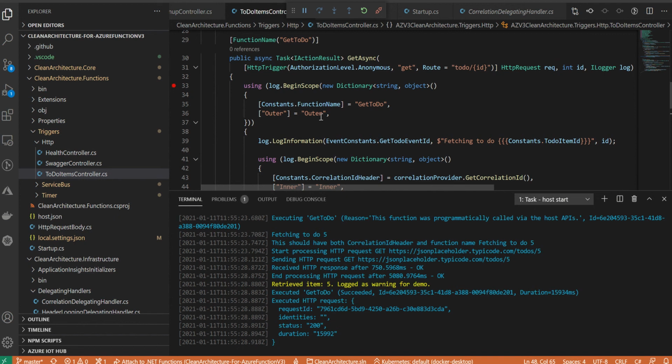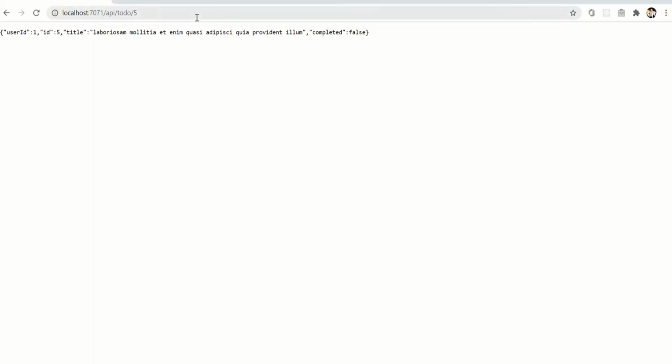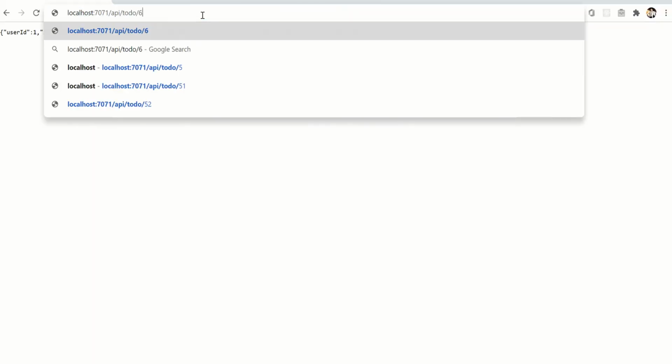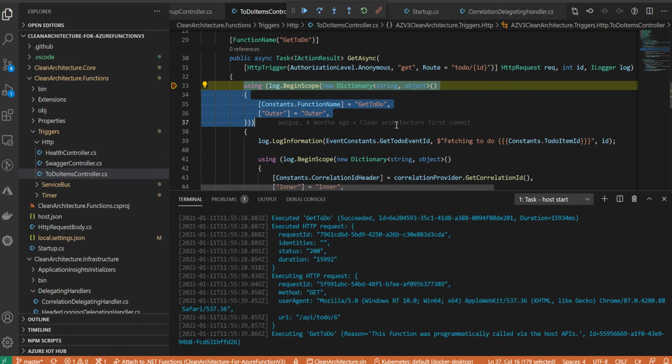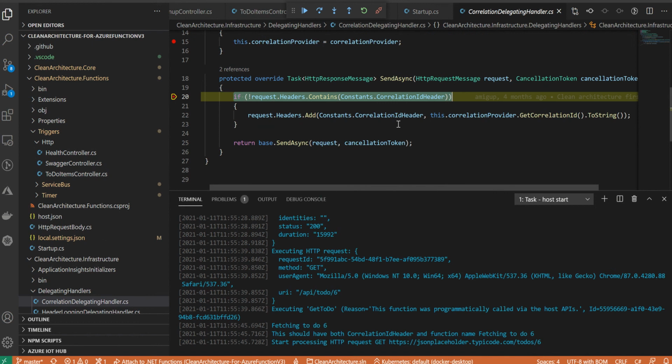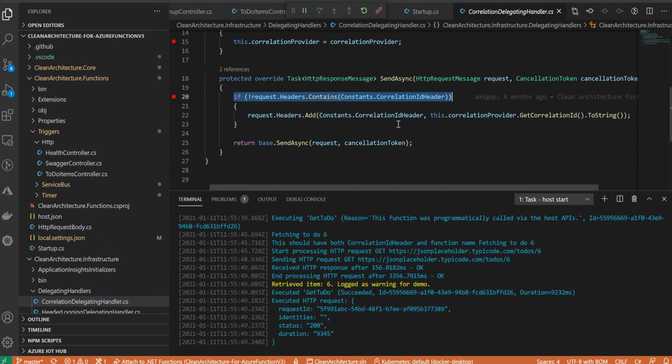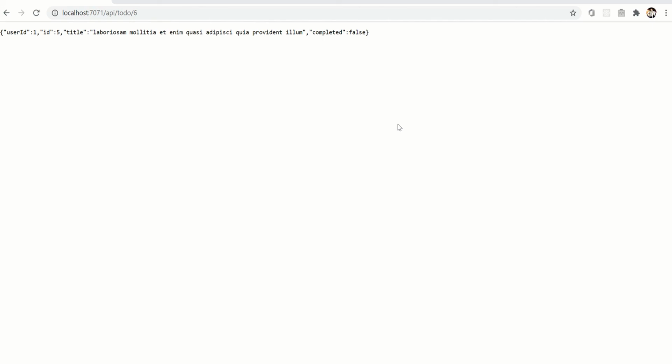Let me run it one more time. So here you can see the correlation handler is invoked, and these values are captured.